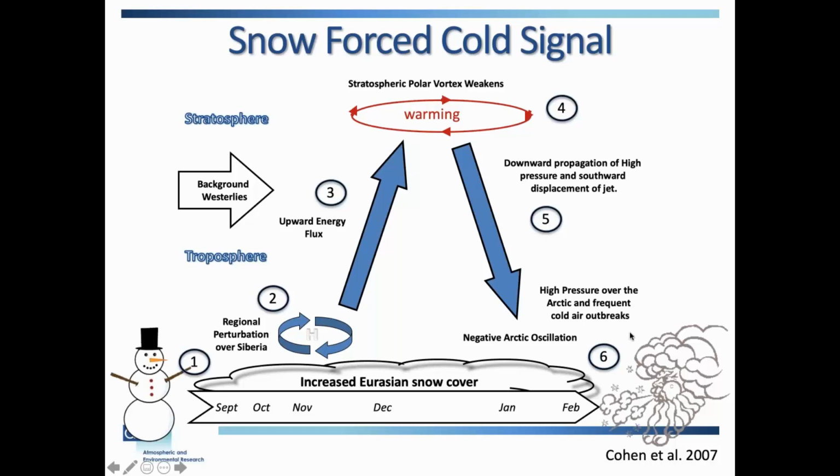and then it makes it all the way to the surface, and you get this same circulation of high pressure over the Arctic, low pressure in the ocean basins, and the equatorward shifted jet stream, and that all projects onto this negative Arctic oscillation. And this pattern is more favorable for more frequent colder outbreaks, and also with the jet stream south, maybe more snowstorms as well.